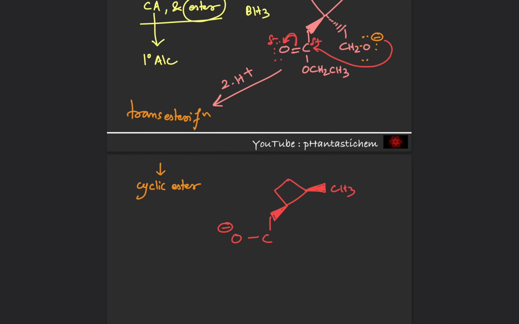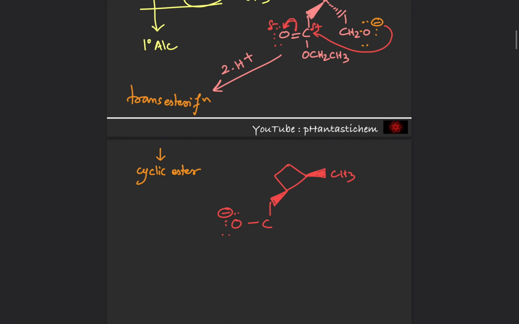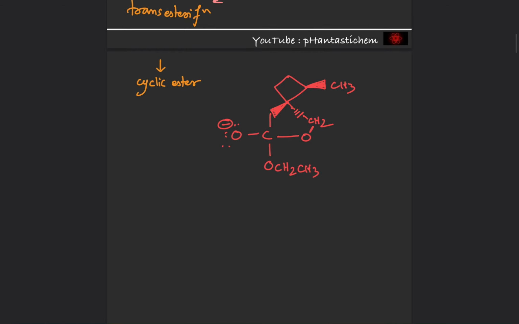So therefore there will be a negative charge, 1 2 3 4 5 6. Okay, and it is also attached to the OCH2CH3 group, and there is a new bond between this carbon and this oxygen, which is C-O, CH2 and O. Okay, in the next step, one of the lone pairs becomes a pi bond again, and this bond breaks. So we will ultimately get